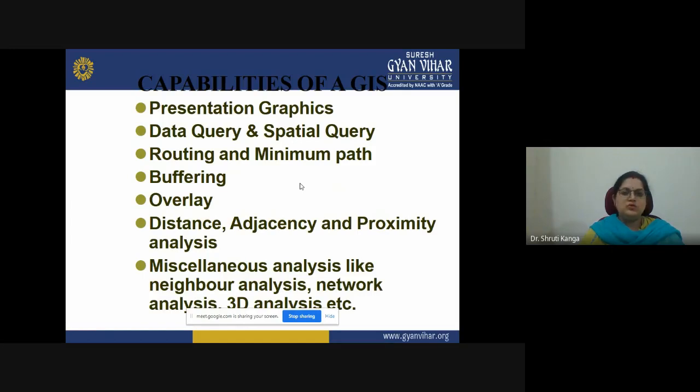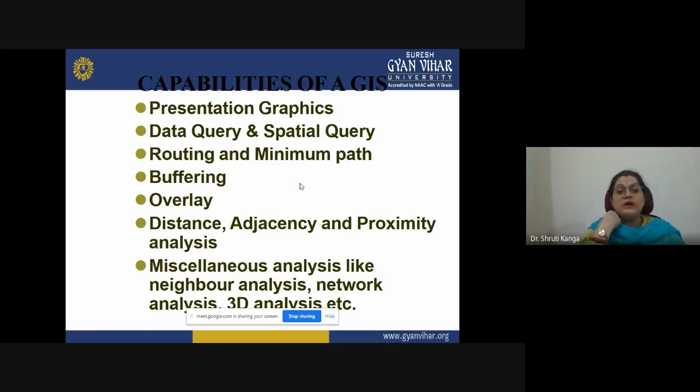Then the capabilities of GIS are presentation in graphical manner, presentation in maps, data query, and spatial query of a specific feature. Along with that, we can have different queries as per the need of the study.